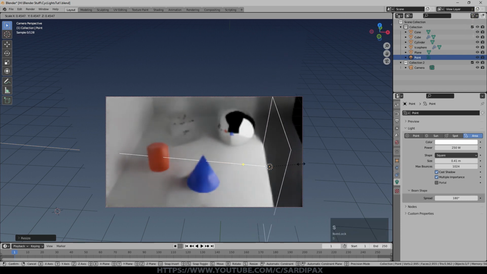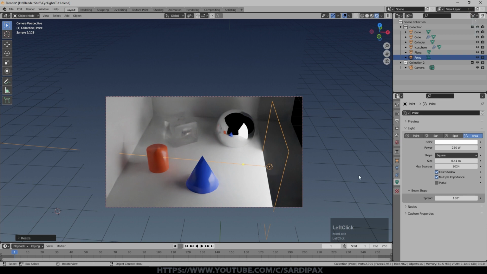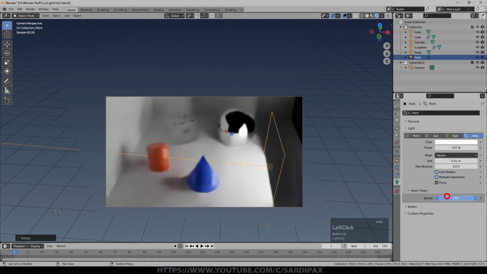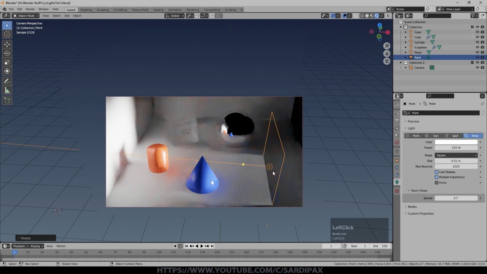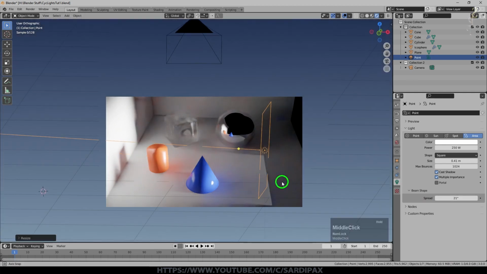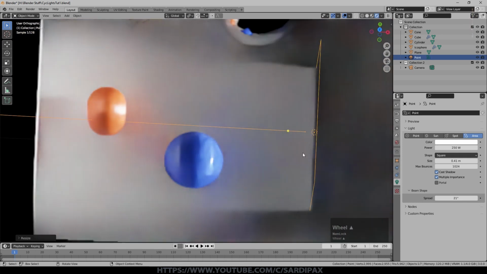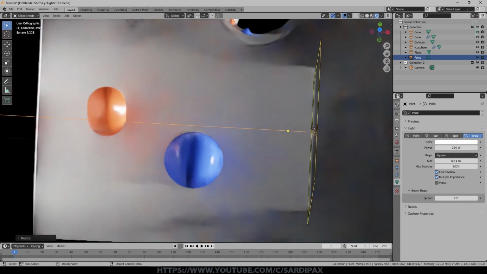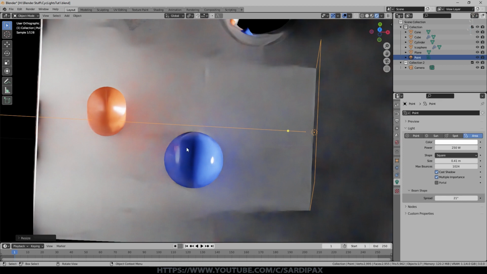And obviously you can vary the size either here or directly with just scaling it to affect the sharpness of the shadows. And we've got a spread option here, so the default is 180. If I start to turn that down, now you can see it's only 20 degrees spread now, so it's barely illuminating the surface that I slightly embedded it in. But one of the good things about that is actually, because I don't have any other lights in the scene, we're being able to see some of the irradiance of reflected coloured light from these objects on the surface down here, particularly visible here.